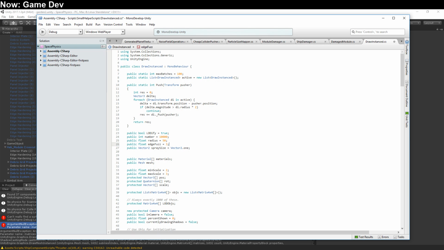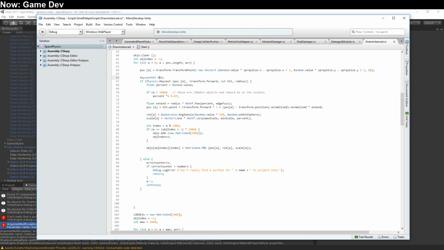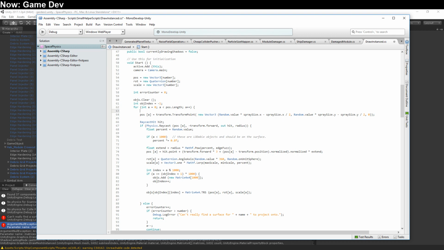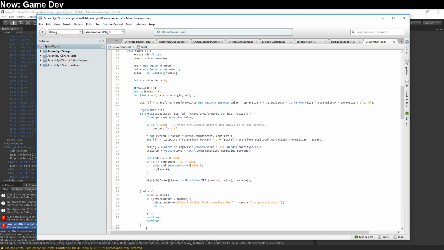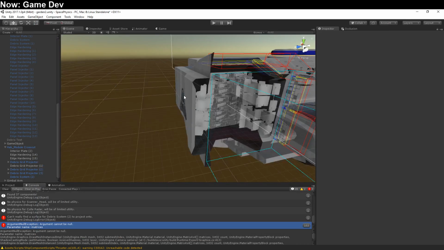Spray size is vector.1. All of this stuff should work. What I'm going to do is add in a number that we actually used. So this number here, for example, we're going to change that to be the number that we actually use when we spawn this in. So if it's 0, I'll be able to tell. Okay, so here it says physics.raycast, negative transform, out hit radius. There's no specific limit on which layer it's hitting. Here we can see that the error, it just subtracts 1, so it should still be... okay, so...